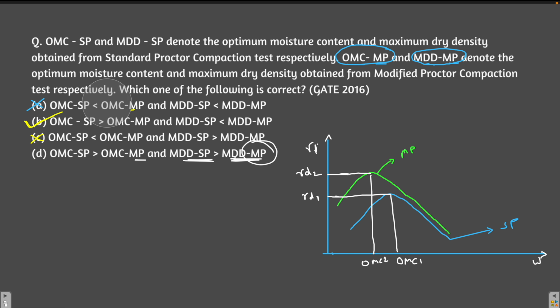So once you remember this graph, you can solve all the questions. Don't get confused by the statements, or don't learn the statements at all. What you have to learn is this graph. This graph is very important. I'm marking it with an asterisk. Once you know this graph, you can solve any sort of question. Okay, now let's move ahead.